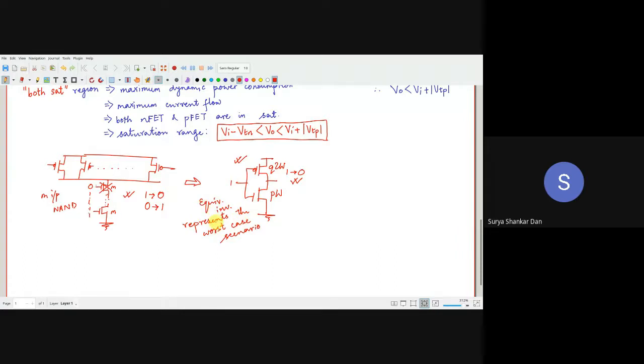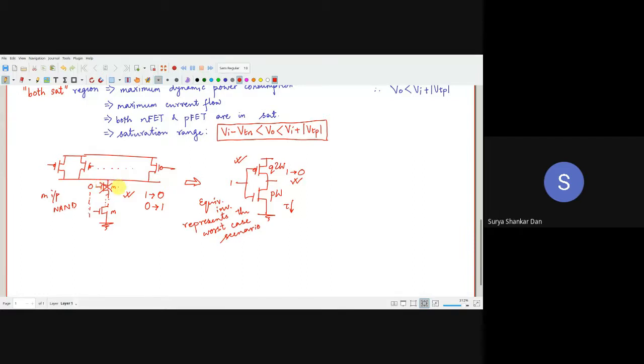So that means if you can minimize the worst case scenario duration, let us say the time constant you are minimizing for this transistor, then when all the transistors are switching simultaneously, you are going to have the least delay. Yes or no? So if you can size this equivalent inverter in such a way that it uses up the least power, then when all the transistors are switching together in the more complicated original circuit, it is going to consume the least power.